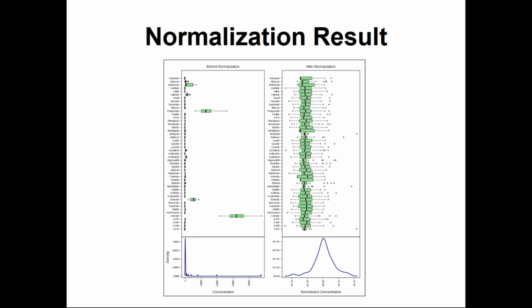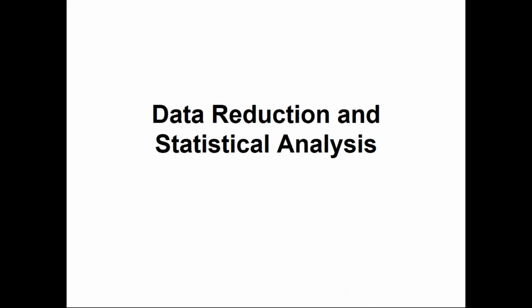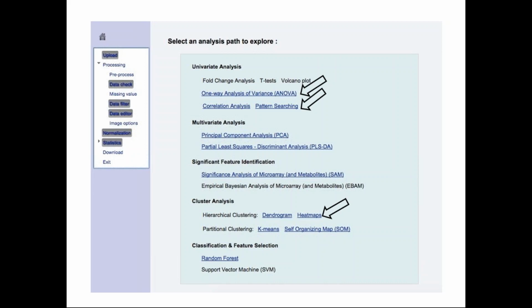Now, because we're looking at 4 time points, we're going to do something which Carl had already mentioned, which is basically simple analysis of variance. This is just to see, are there some temporal trends in what we're seeing? We could also do some simple pattern searching to see if there are temporal trends with certain groups of metabolites. We could have done this time series analysis with just a single animal, measured 3 or 4 times as essentially technical replicates. But here we've got 9 animals, and we're measuring them over 4 different time periods on this one treatment effect.